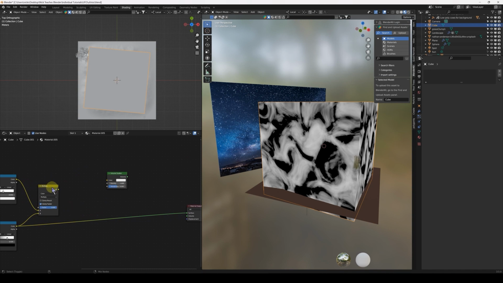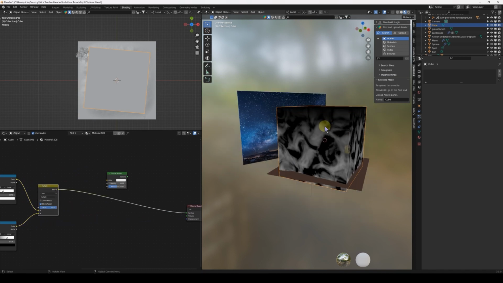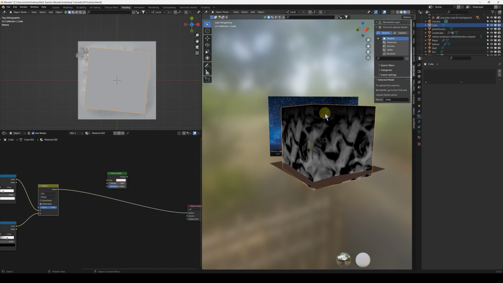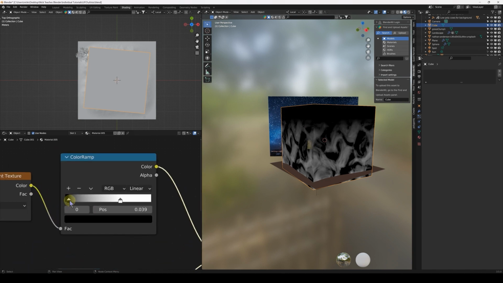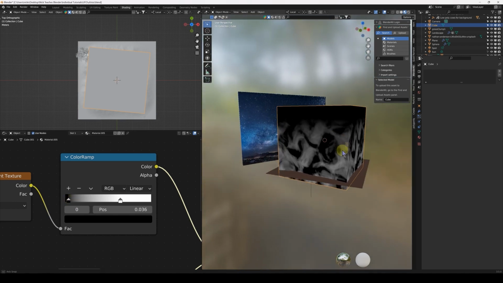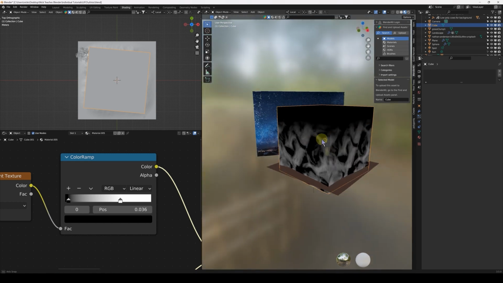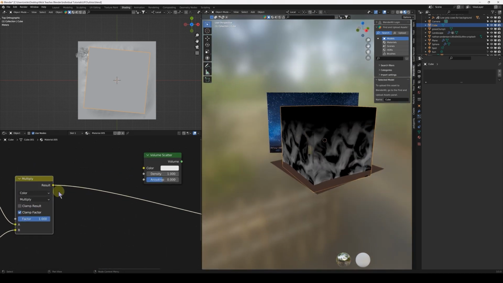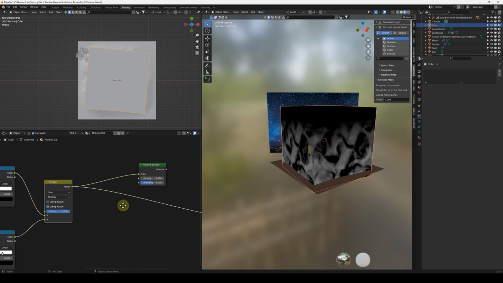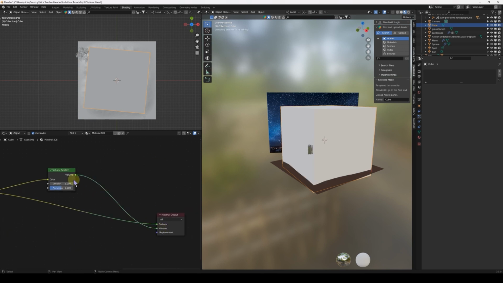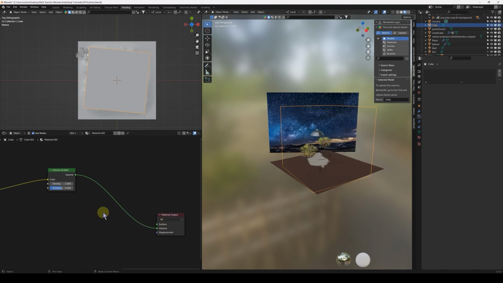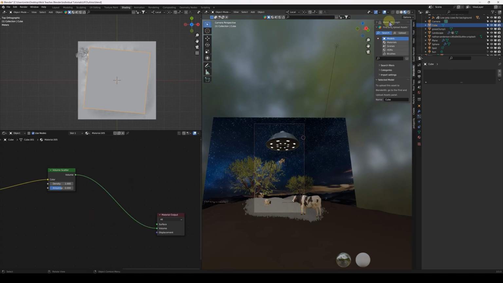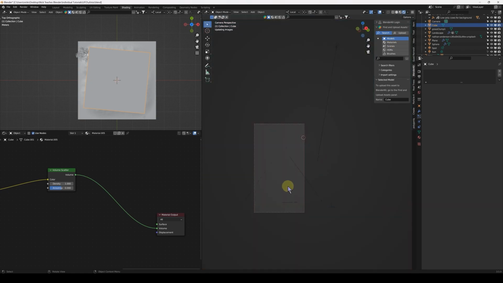And if we control shift click this now, this needs to be black, it's not black enough, so I'm going to add a bit more black to the gradient, something like that, because then it gives this illusion there is actually a bit of undulation at the top. And if we plug that into the color of the volume scatter, and the volume scatter into the volume, and then we don't want anything in the surface, so if we get back into our view and then go into Cycles, viewport render mode,